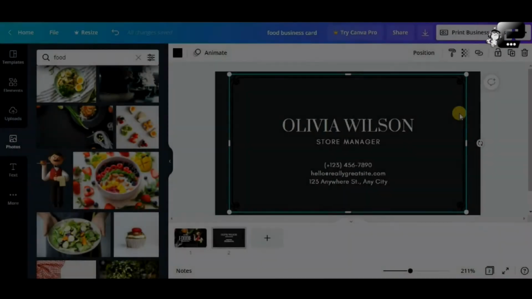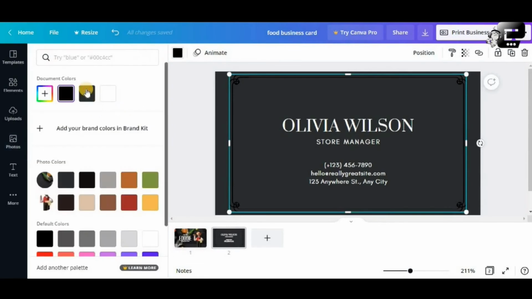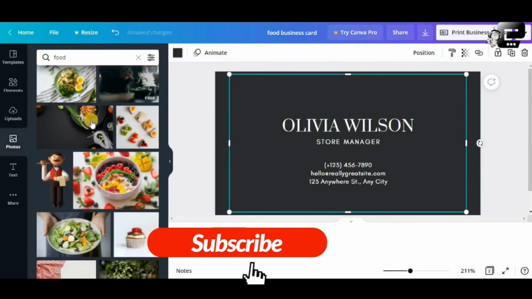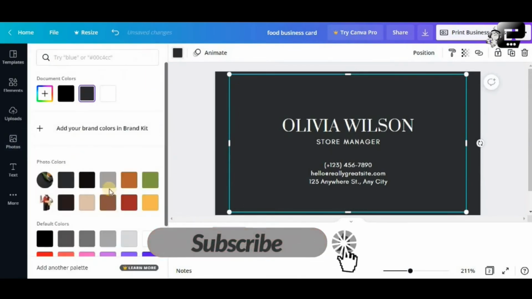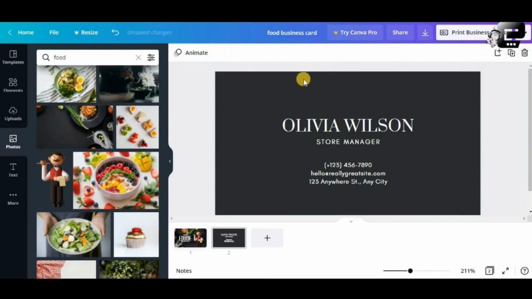And for the sake of this tutorial, let's just say you want to delete this one. You can change the color of that one to gray, or should I say light gray? But I don't like that element, so let's just delete that one. You can use the delete button on top here, or you can just press delete on your keyboard. Okay. That looks better and simple.